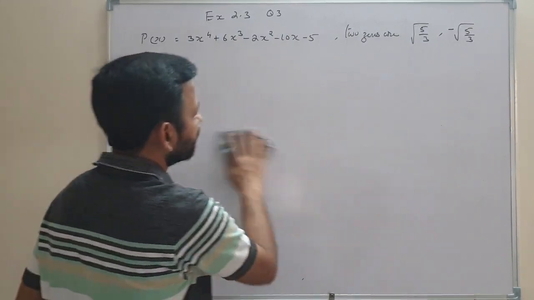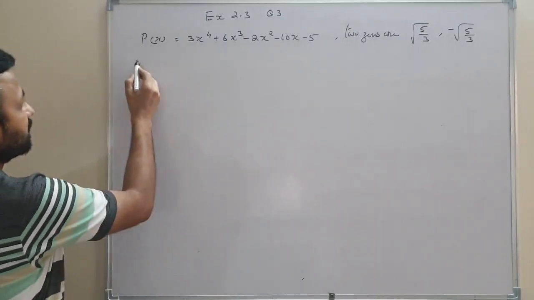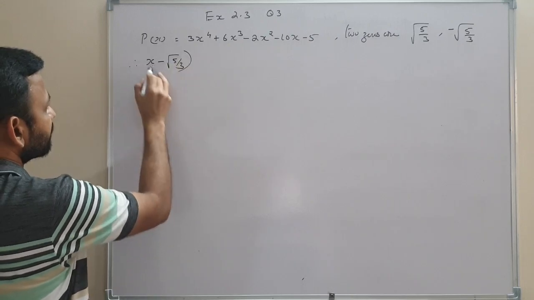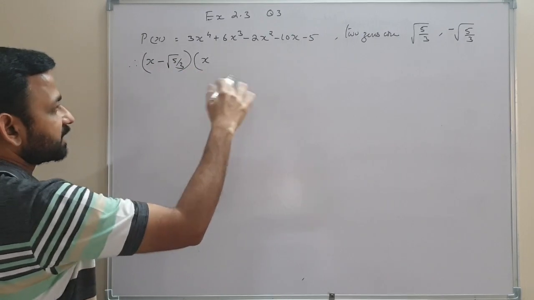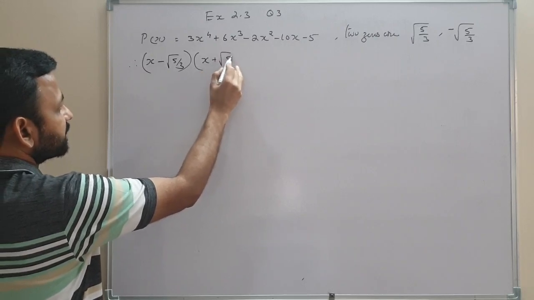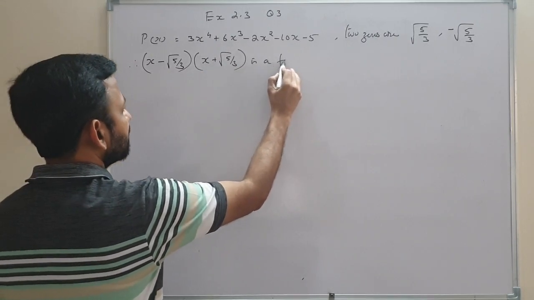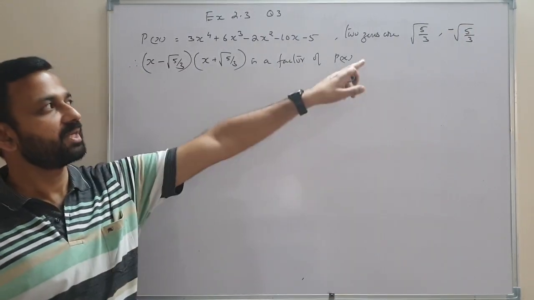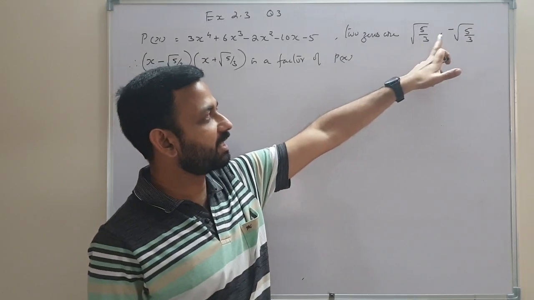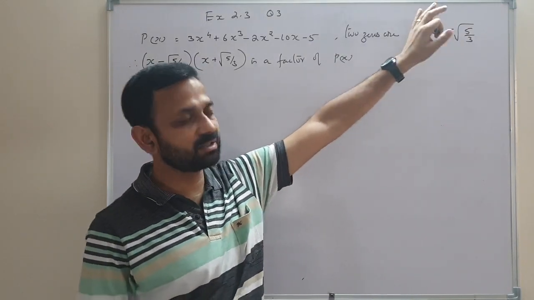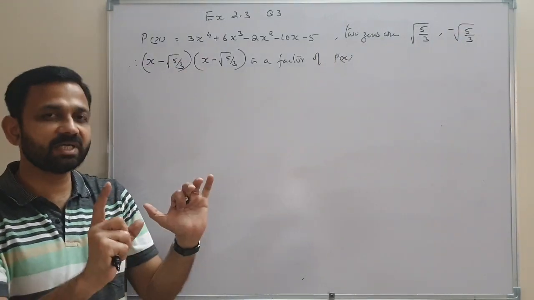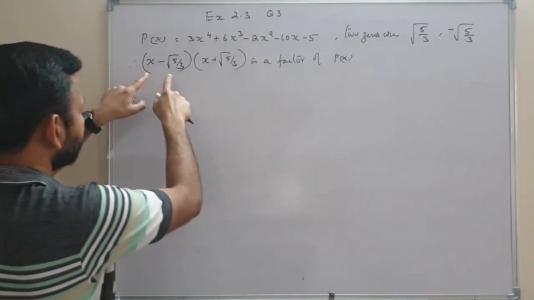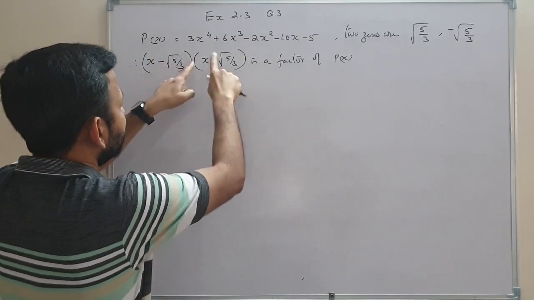Therefore we can write x minus root 5 by 3 and x plus root 5 by 3 are factors of p(x). They are the factors, therefore their product is also a factor of the fourth degree polynomial. So the product of the factors, x minus root 5 by 3 into x plus root 5 by 3, is